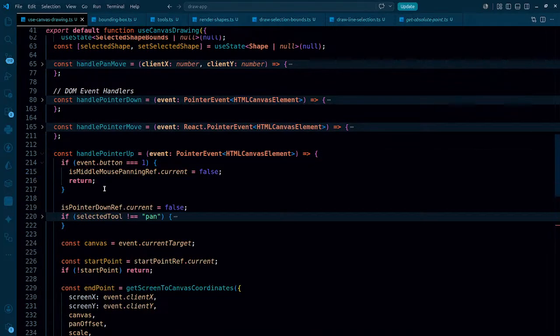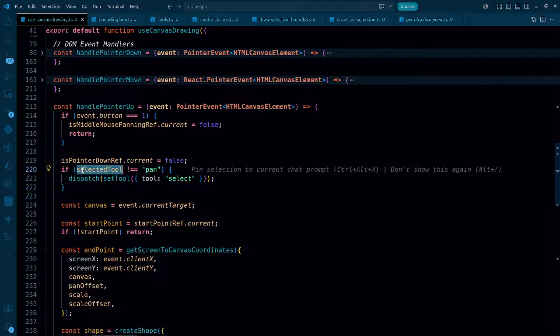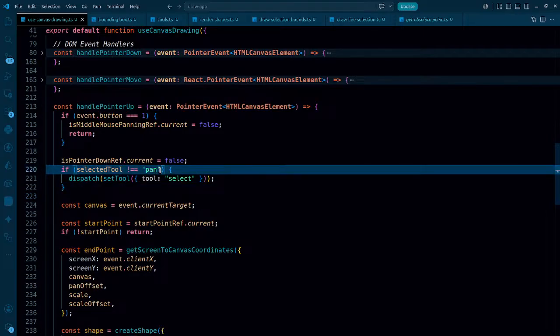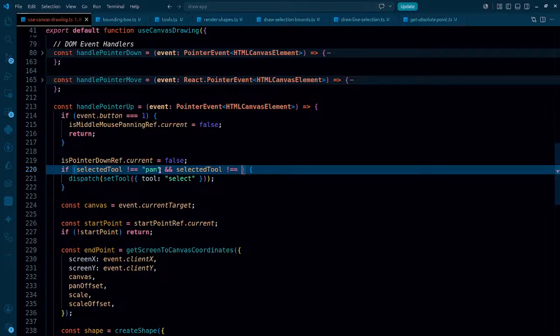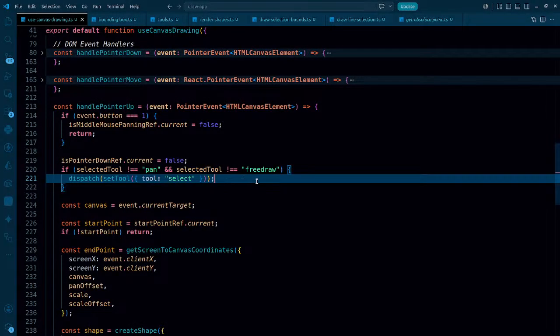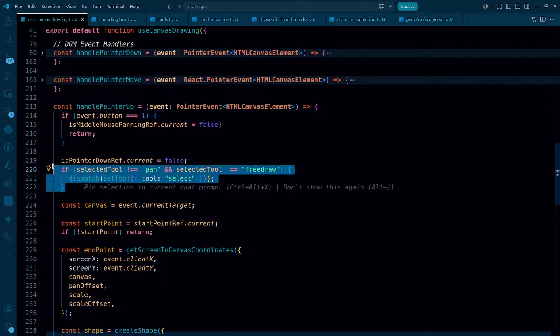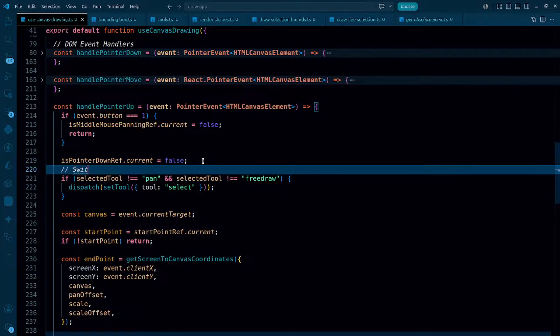Yeah, here it is. So whenever pointer up happens, and if selected tool is not equal to pen, and one more thing, if selected tool is not equal to free draw as well. If it is so, then only it should switch to select, otherwise it should always be pen. So switching the tool to default,